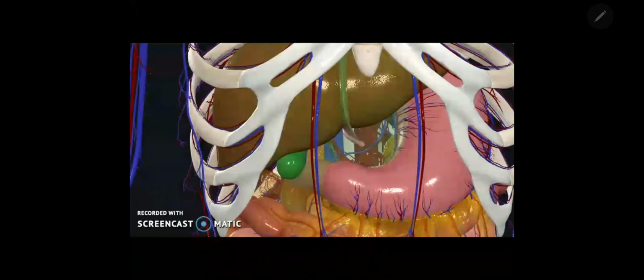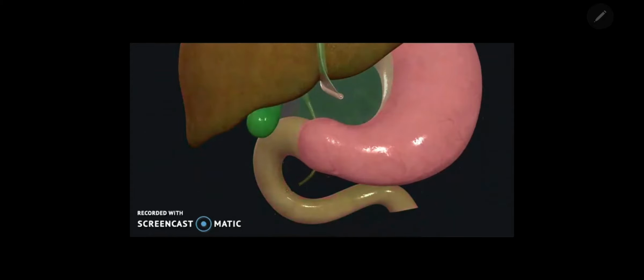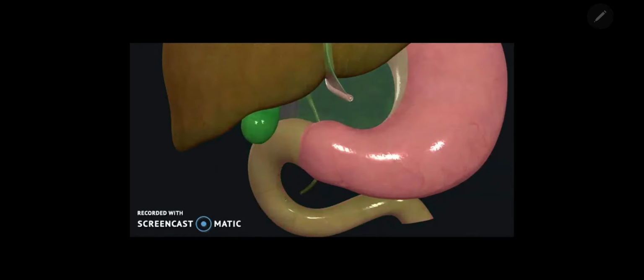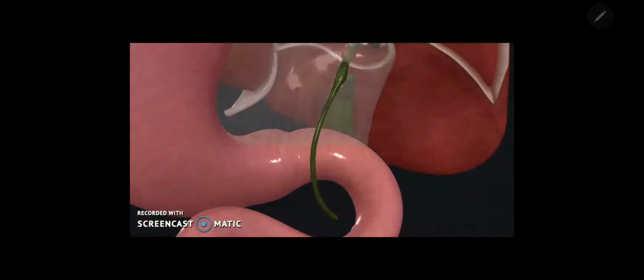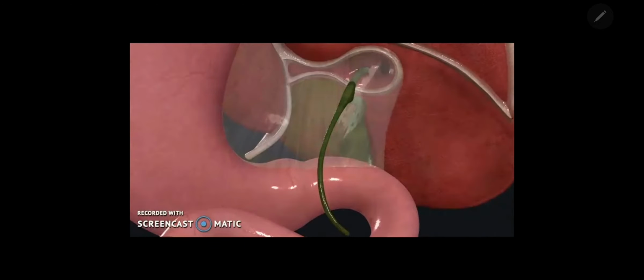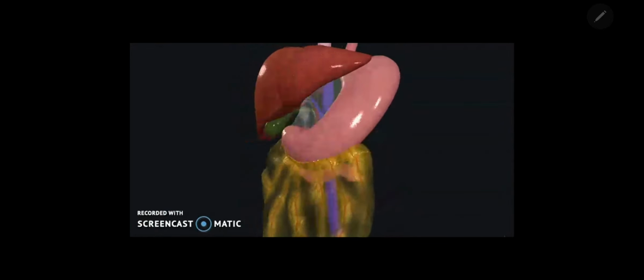The lesser omentum has two parts, hepatogastric and hepatoduodenal. Here you can notice the anterior relations of the first part: the gallbladder and the liver. Which part of the liver? The quadrate lobe on the visceral surface of the liver. And you can notice the proximal half is giving attachment to the hepatoduodenal part of the lesser omentum. This is the quadrate lobe of the liver, like a quadrangle. That's what is called the quadrate lobe.